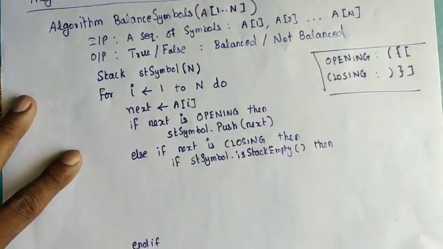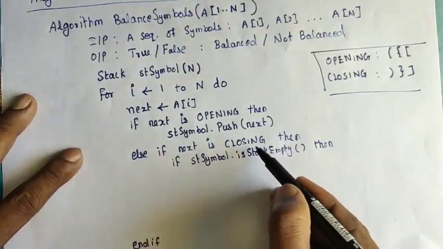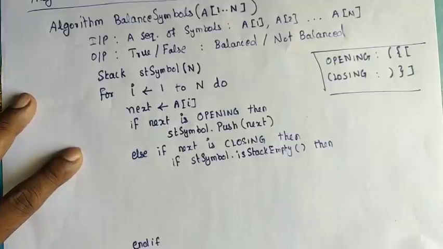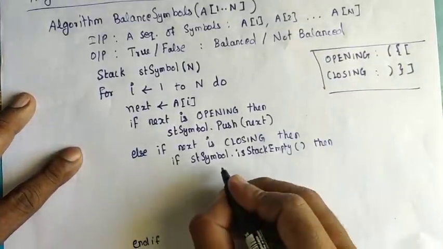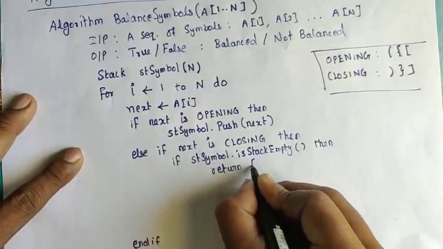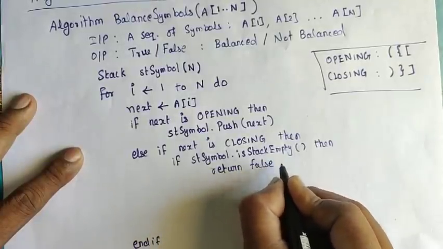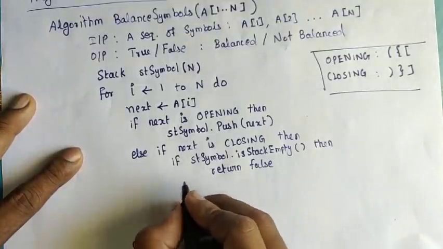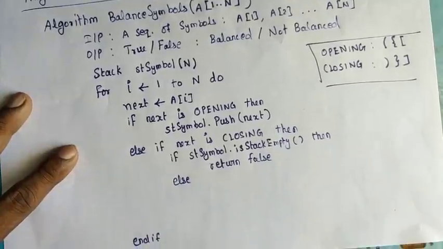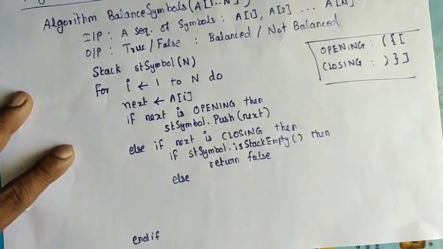It means that we encountered the closing symbol, but its corresponding opening symbol is not there in the stack. It means that the input symbols are not balanced, so I need to return false. Else, if the stack is not empty,